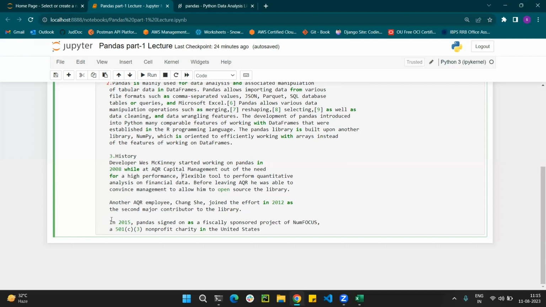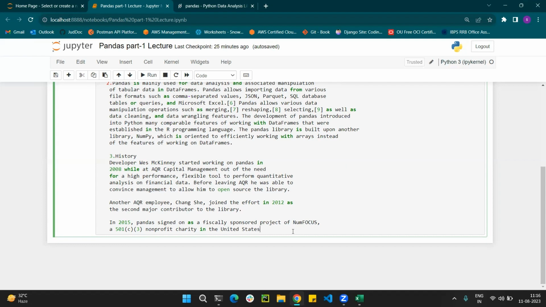And there are so many Pandas-sponsored projects, like NumFOCUS, a non-profit charity in the United States. So it is open source. You can also contribute your packages to Pandas, and anyone can use Pandas in their working directory.